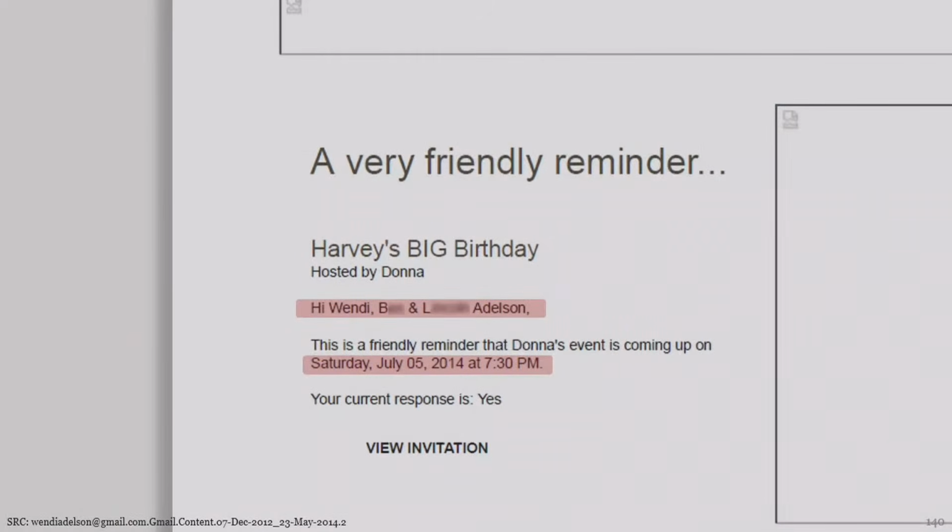Now, Evite is an online platform where anyone can go in and create an event and send out invitations, correct? That's correct. Back in 2014, do you have any personal knowledge as to how that website operated? In 2014, I do not.